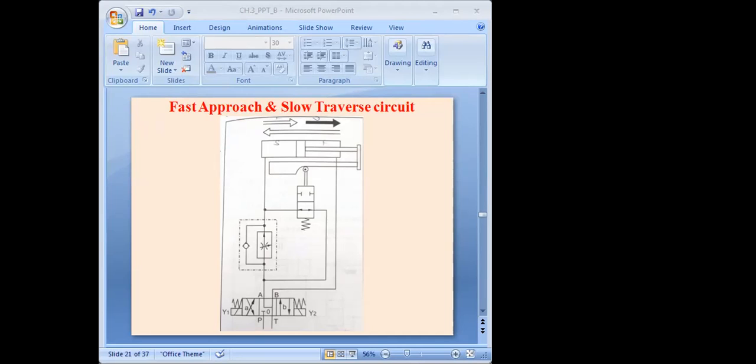So when the cylinder approaches the required length, after achieving that length, the trigger of this 2x2 direction controller will actuate, and then flow will go through this 2x2 valve. And at that time it will stop. As the fluid takes the path through this flow control, the cylinder moves at a speed which is determined by this pre-set flow control. Getting it?